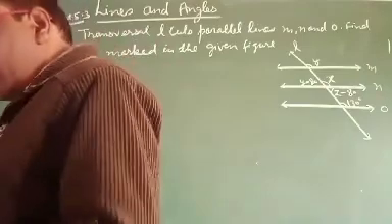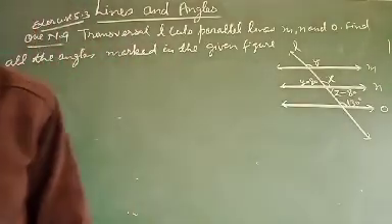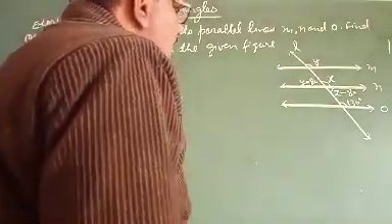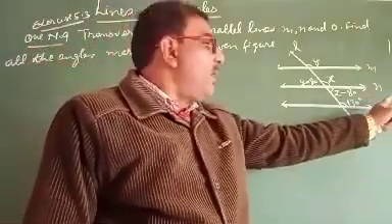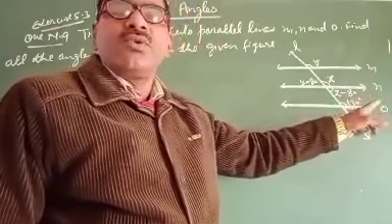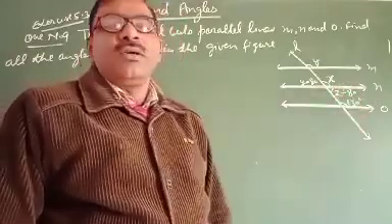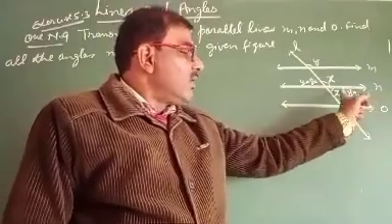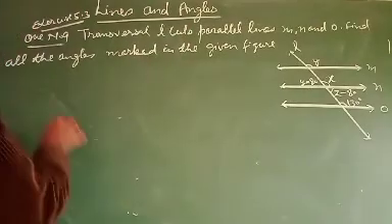Now we have to find out angle Y and angle X. We see that in this figure, N is parallel to O, and this angle is an interior angle. So the sum of this angle and this angle will be 180 degree, because if two lines are parallel, the interior angles are supplementary. So, solution of this question.